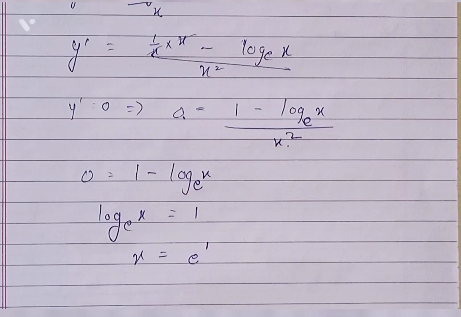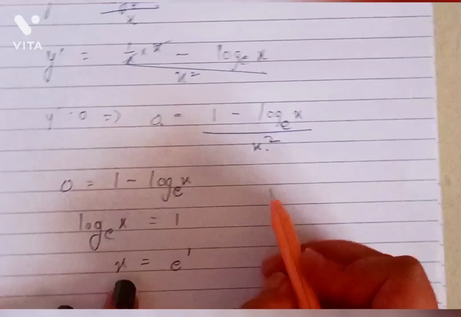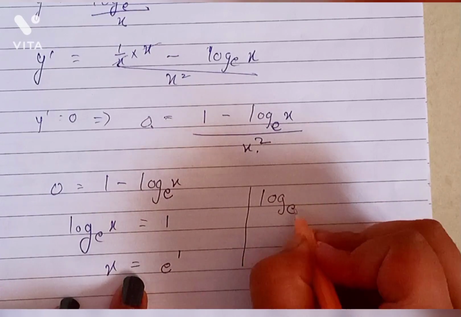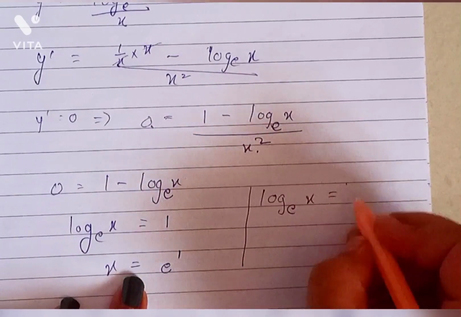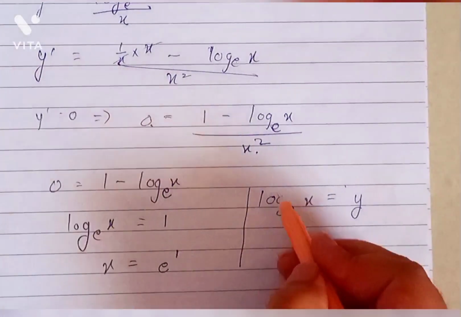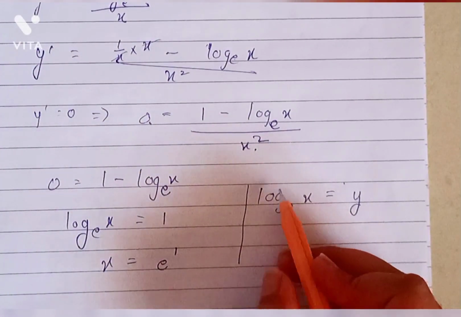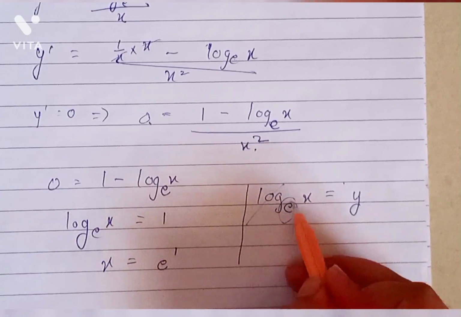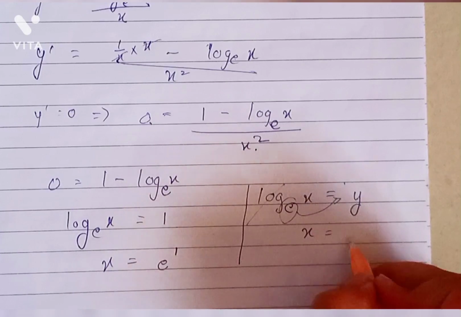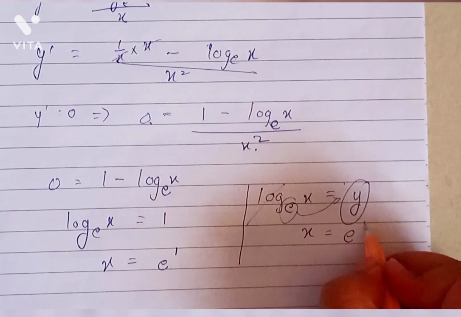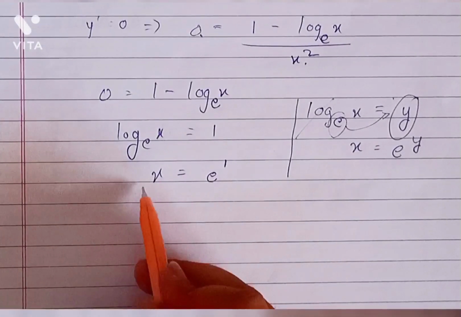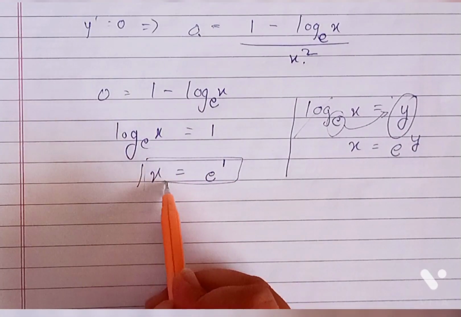If you don't know how to do anti-log, I'll show you over here. Something like log x to the base e is equal to y. Now we need to remove this log. So we cut out this log and this e will go as a base for this, means x, e will come and this will become power of e. So this is how we equate. Now we got x equals to e.